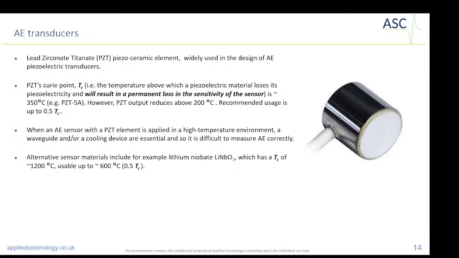Now we're going to talk about a totally different range of frequencies. All the considerations that we mentioned before, geometry, etc., affect any scale that we are monitoring. But when we're talking about acoustic emissions, we are dealing typically with much higher frequencies. We are in the range of the kilohertz or megahertz, and we are using different instruments in this case. A typical instrument that we use is piezoelectric transducers,